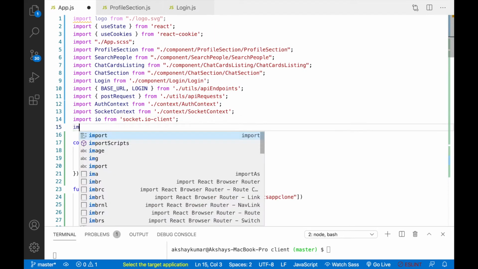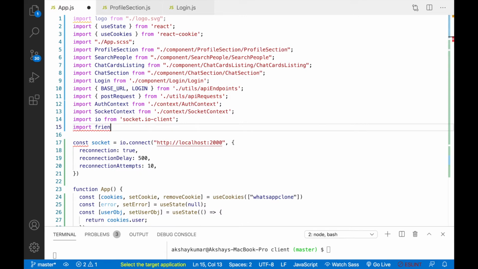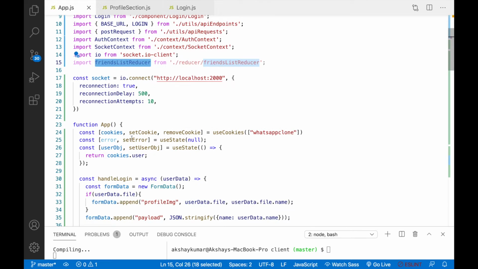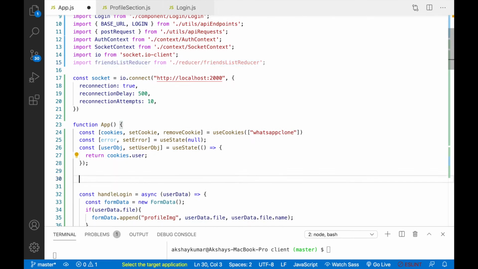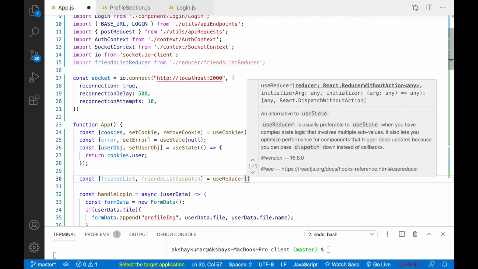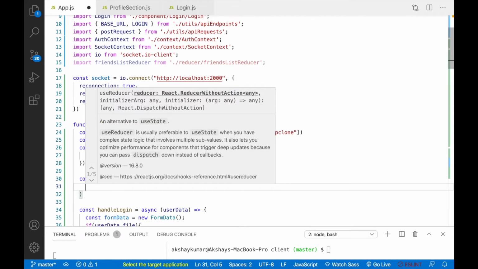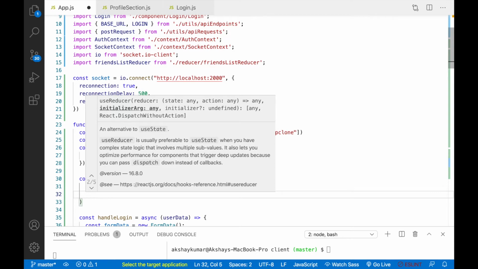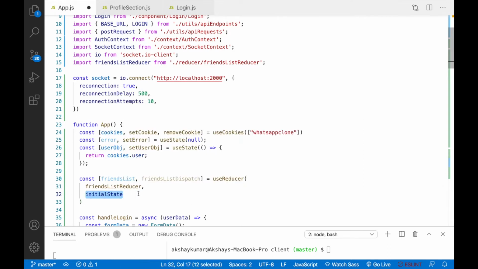Here we'll write import friendListReducer from reducer, and here we have to write const, then we'll write friendList and friendListDispatch, then we'll write useReducer. And here we'll pass that friendListReducer which we imported. And we'll pass one initial state also, like this, and this initial state we have to create here.